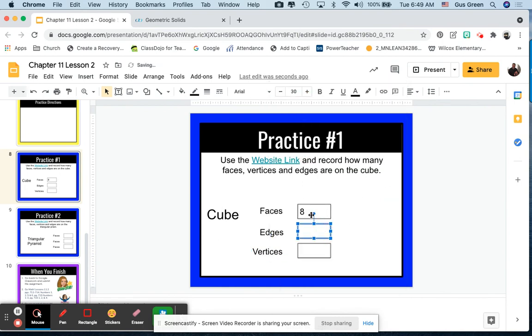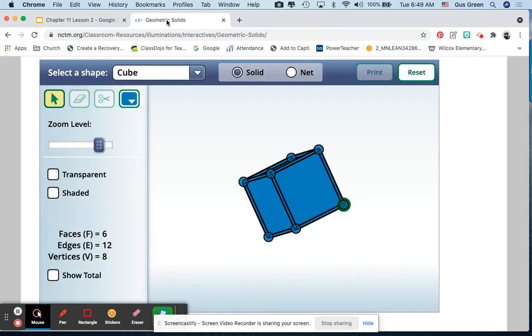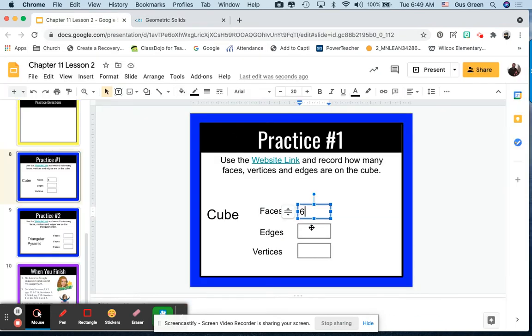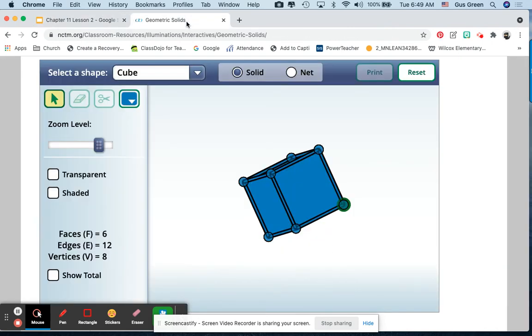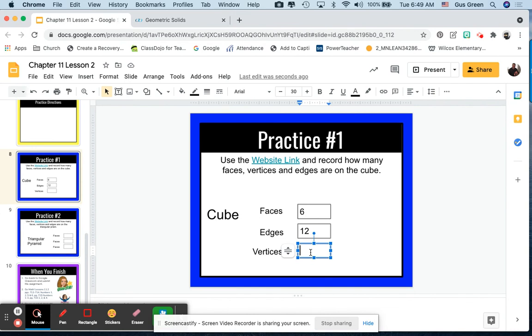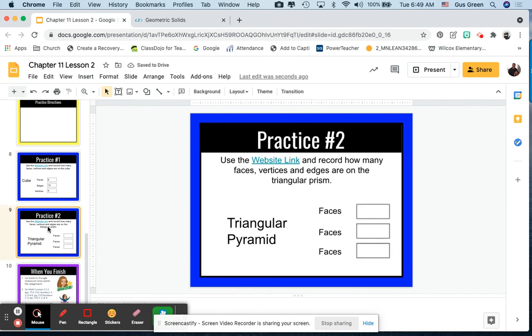There. There were 6 faces. Let's go back and check. 12 edges. I forget how many vertices. Let's go back and look. 8 vertices. There. I can type those in,